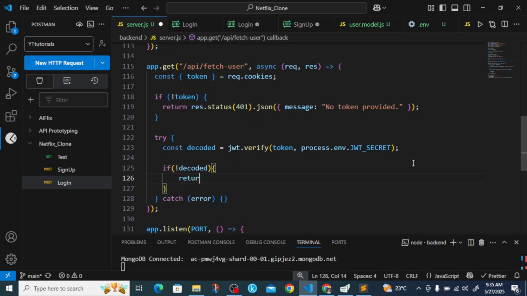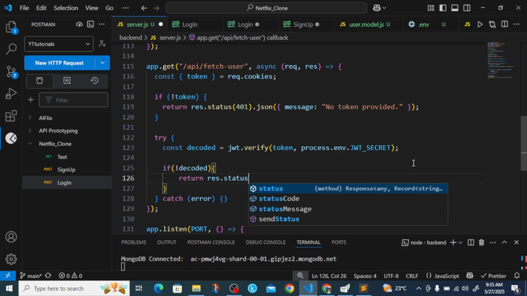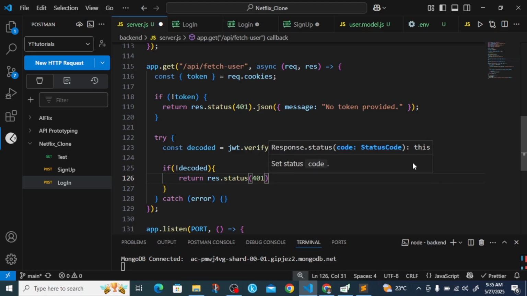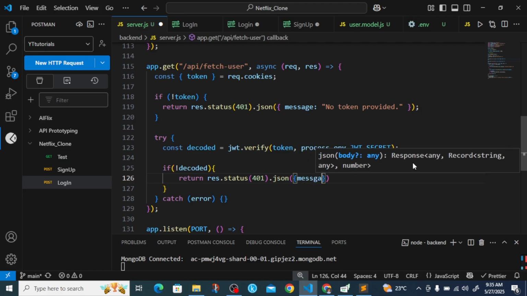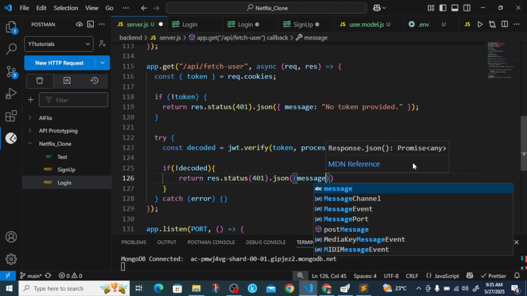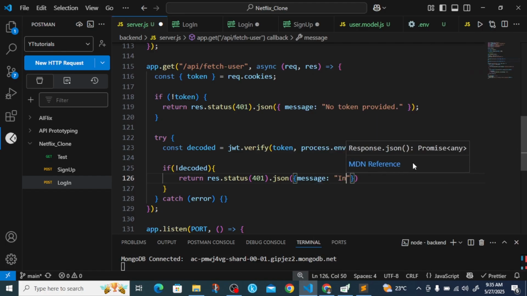So we can just return response, give it a status of 401 as well, and .json, give it a message of invalid token,